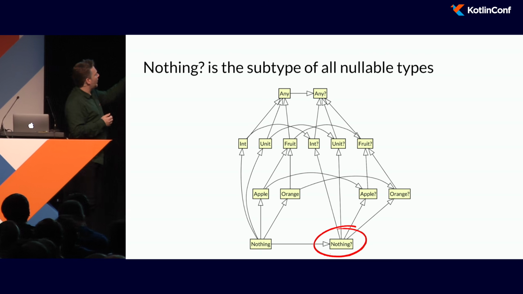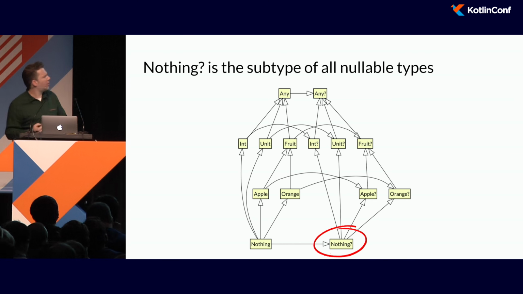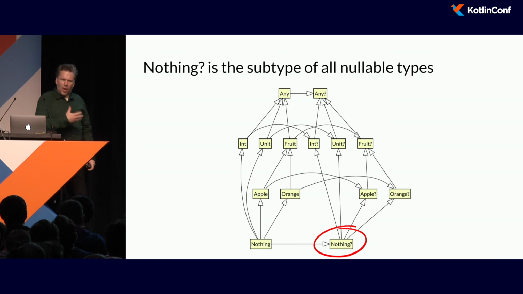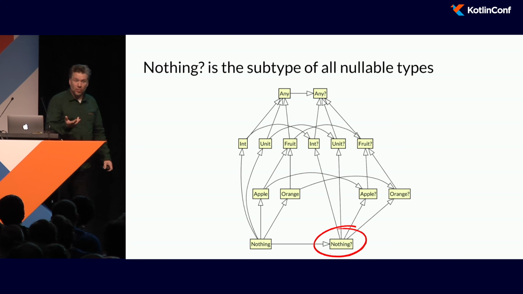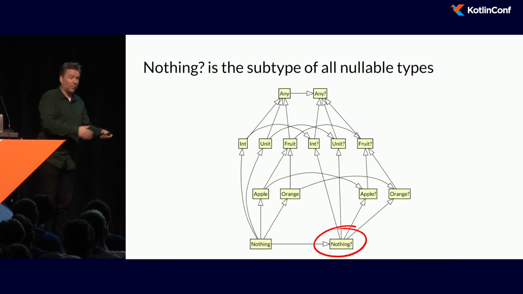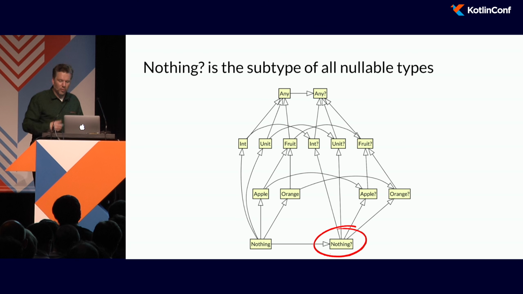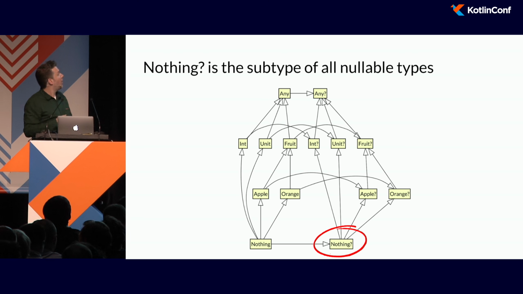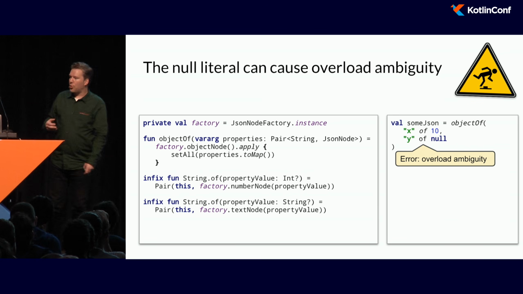And then at the bottom here is a strange type, Nothing?. Nothing is the type that has no values. Nothing? is the type of Nothing, or null. So this has no values, or null. It can only have one value, which is the value null. So actually, Nothing? is the type of null. You can find that out by exploring it in IntelliJ and asking it for the type of an expression that evaluates to null. And this is actually surprisingly useful.